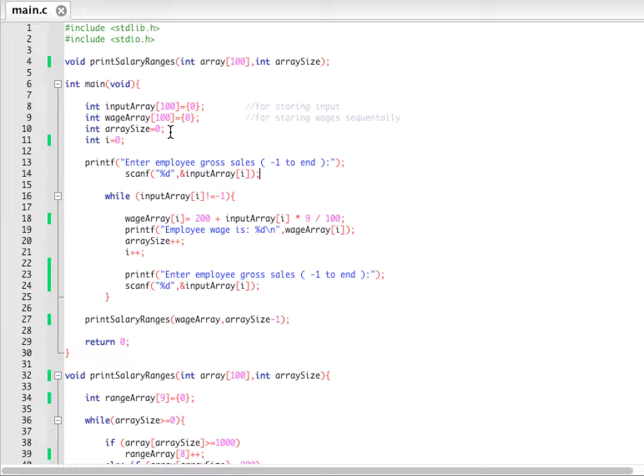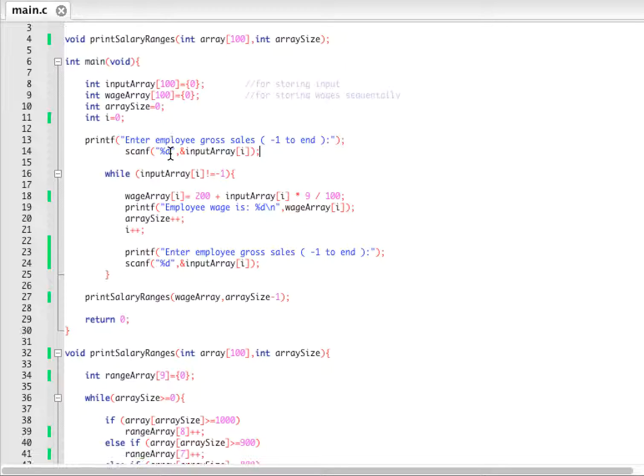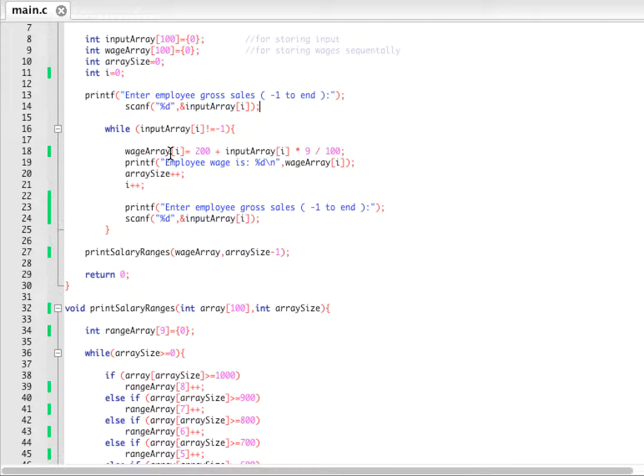Then you have the array size equals 0 and I equals 0. So we do a priming read here. Enter employee gross sales. -1 is the sentinel, so if you enter -1, it ends the prompting. As long as it's not -1, it's going to run into this loop. So in the wage array, we're going to store